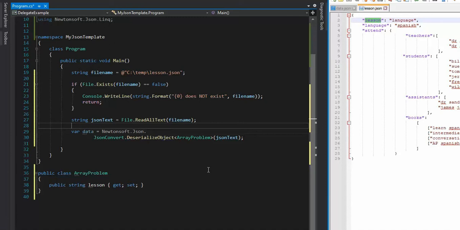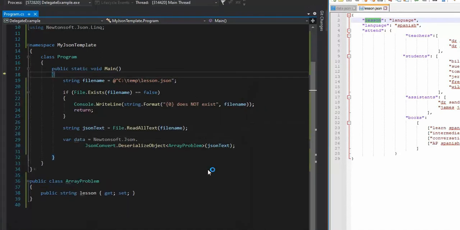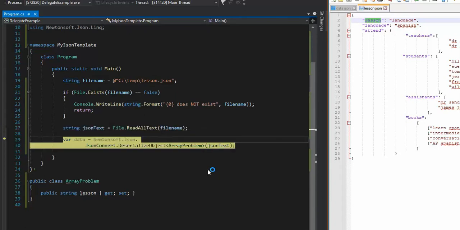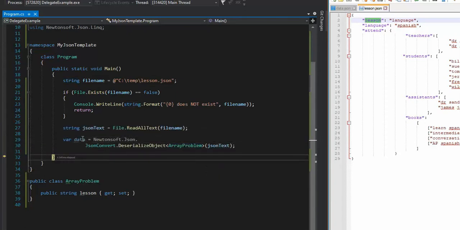Let's do this. Let's press F10 and start stepping through there. And notice when I look at data, data only has lesson. Isn't that sweet? Now, not only can I just go get lesson, if I wanted to skip lesson and just go for language,